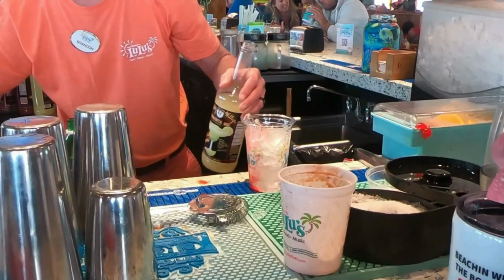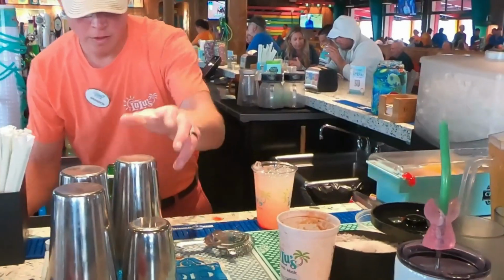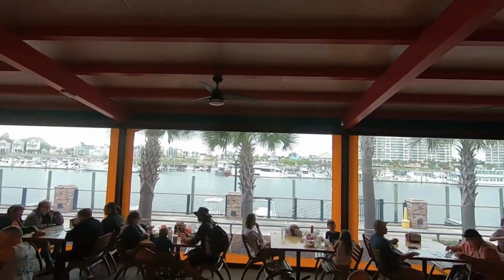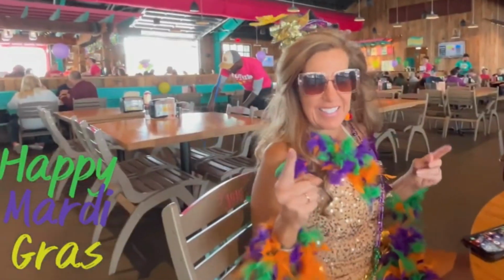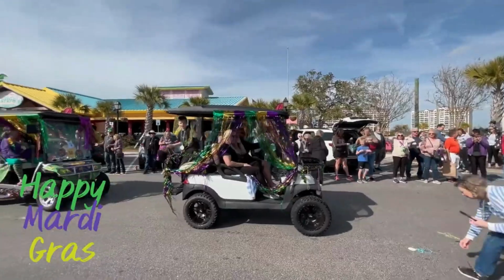And let's not forget about their happy hour every Monday through Friday from 4 to 6. That's right, with a full bar. You can watch lots of action out on the water as well, but we like it when they're all decked out for Mardi Gras celebration, where everyone's dressed up and lined up to watch the Mardi Gras golf cart parade that runs in front of